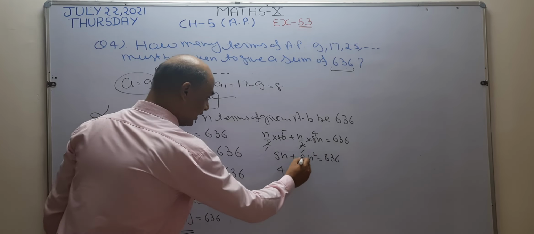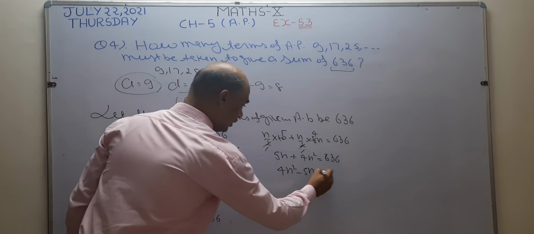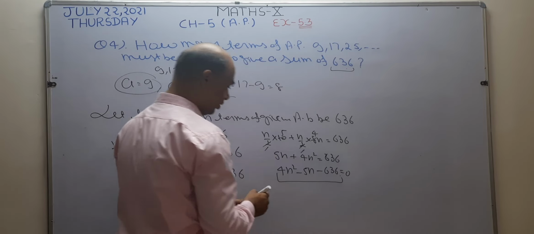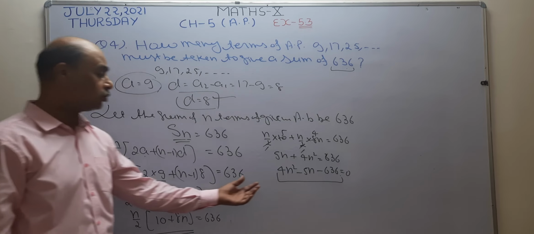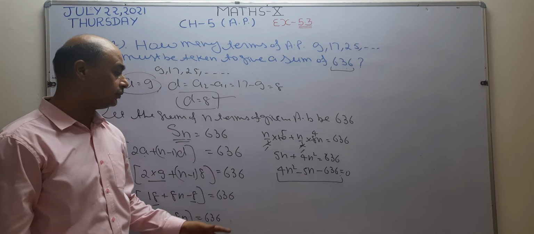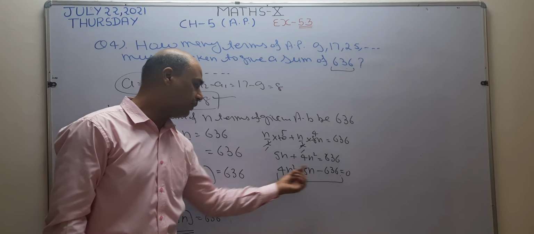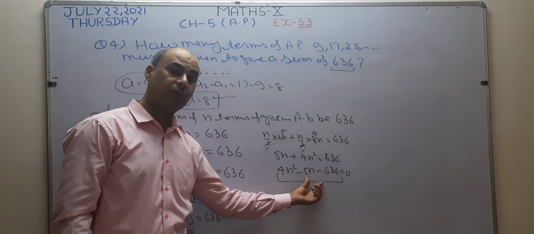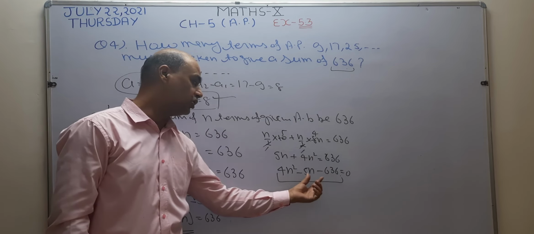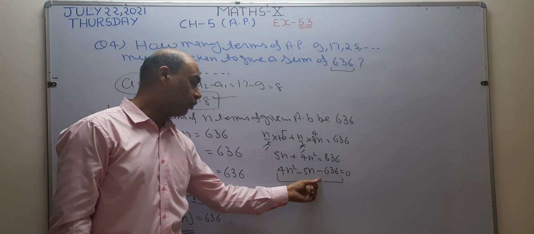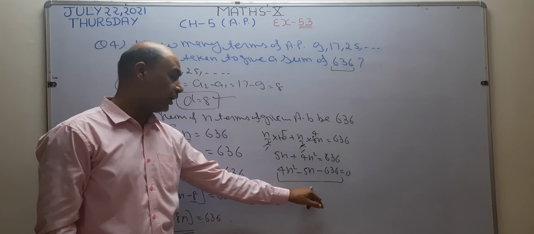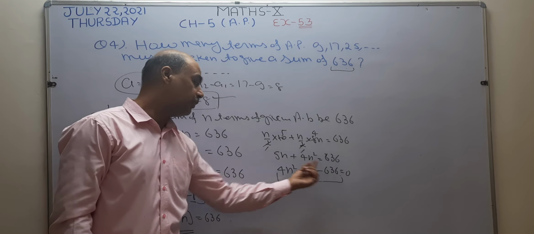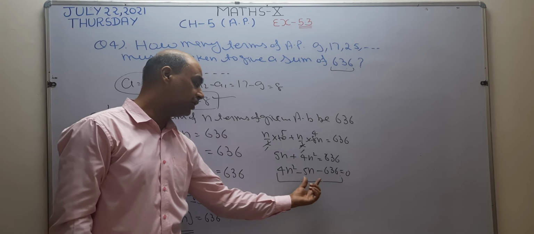So this can be written as 4n square minus 5n. I take this number from right to left, so this becomes positive to negative. So this is the required quadratic equation. Now what you do? You have to solve this quadratic equation by using the quadratic formula or by splitting the middle term. Using these two methods, you can find the value of n. I want to leave this question for you. Okay? Now you have to solve this equation by using either the quadratic formula or by splitting the middle term. In this way, you are going to solve this quadratic equation.